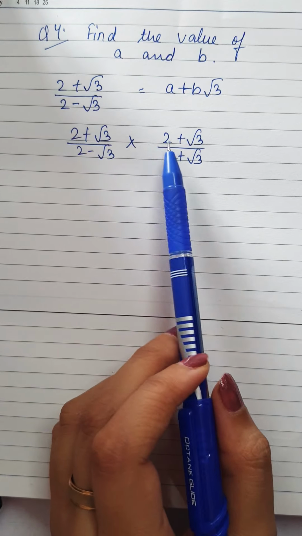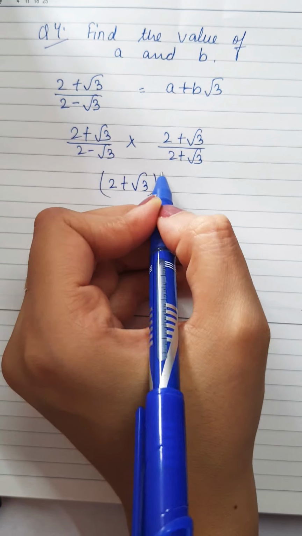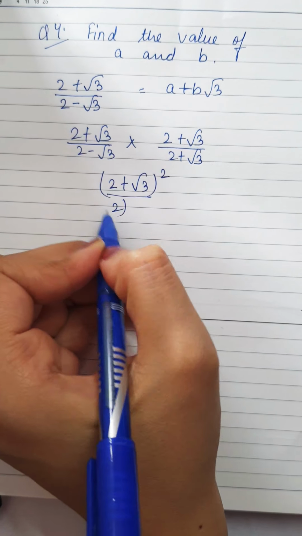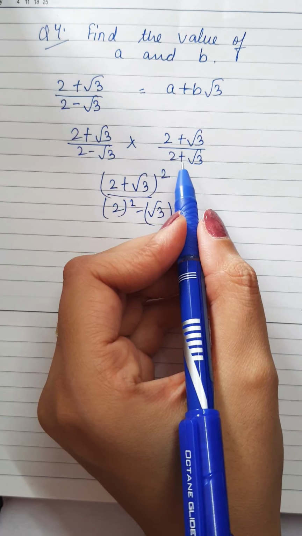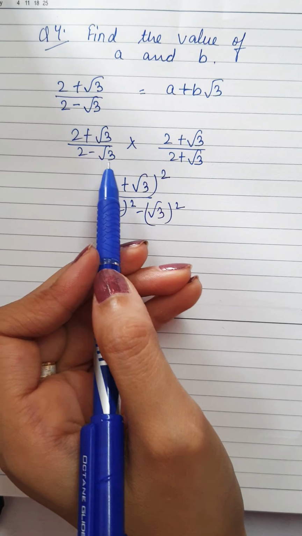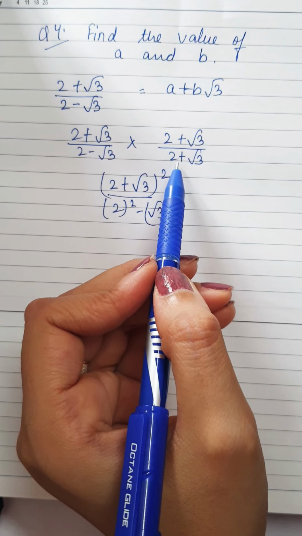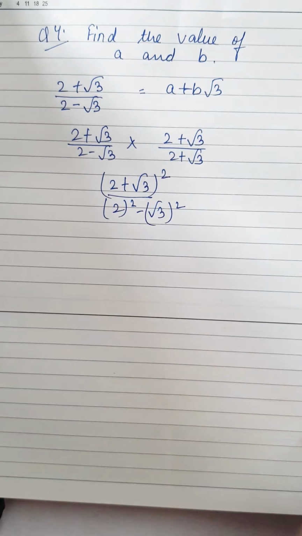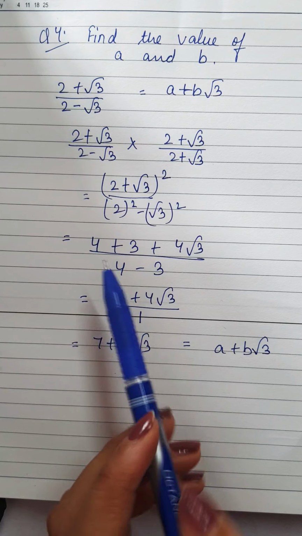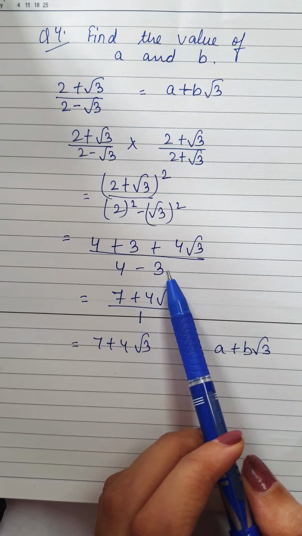Now simple multiplication, this into this, 2 plus under root 3 whole square and a square minus b square. The whole target of changing the sign is to make the identity a minus b, a plus b. If we have a minus b, we will multiply with a plus b. If we have a plus b here, we will multiply with a minus b. So now just simplification is left. So this is all the simplified part, a square plus b square plus 2ab, and here a square minus b square.